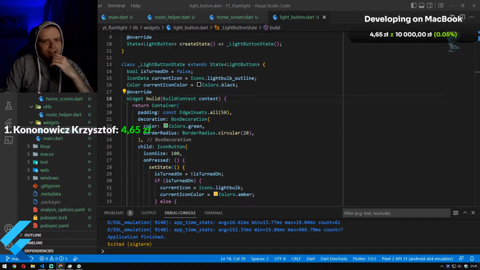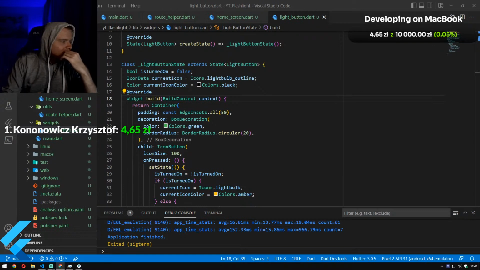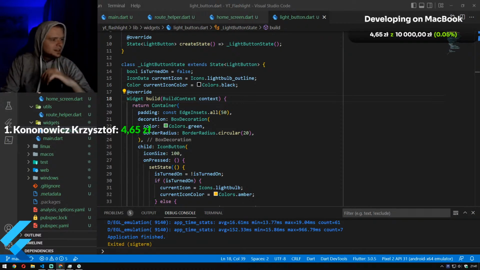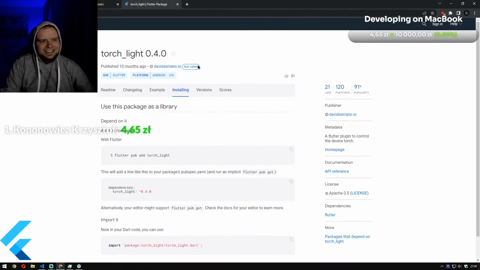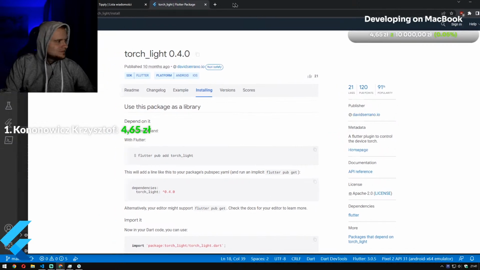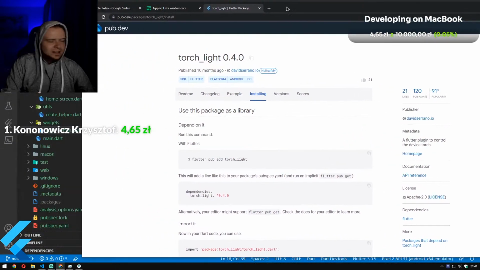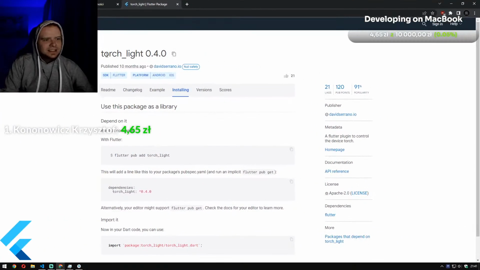The pub.dev site is basically a site where you can find packages for Flutter, and one of them is torchlight, but you will find millions of them, and we will use them in our later streams. Now you can see it. So you have the pub.dev site, and you have the torchlight